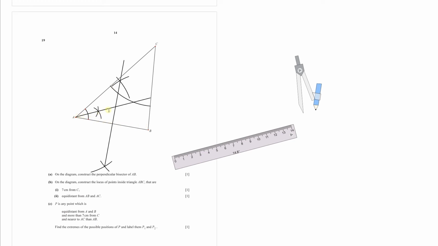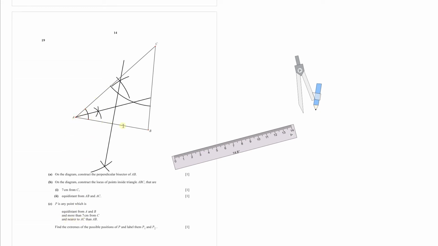So this is your angle bisector of this angle. All the points on this angle bisector are equidistant from AC and AB. So if your point P is closer, that means it is above this line, because all the points above this angle bisector are closer to AC than AB. Find the extremes of the possible positions of P, label them P1 and P2. So your point P lies on this line. It has to be below this arc because it's more than 7 centimeter from C, and it has to be above this angle bisector because it is nearer to